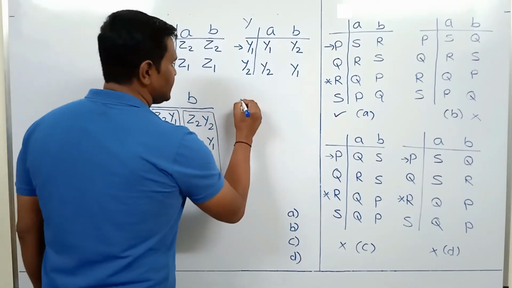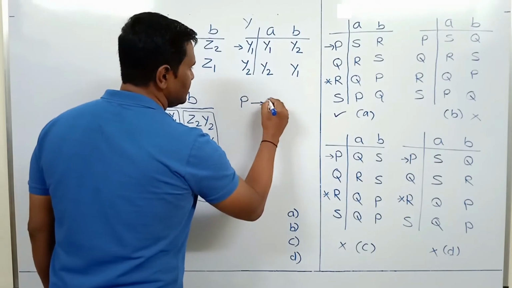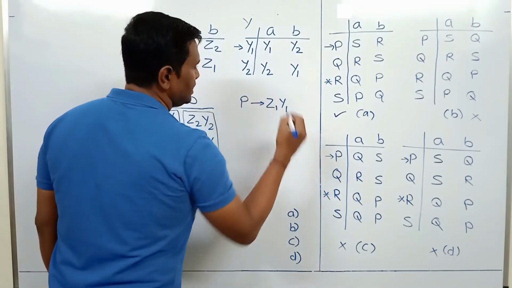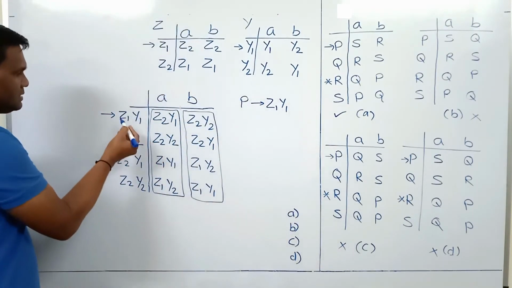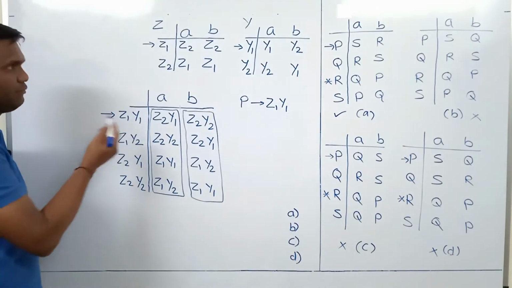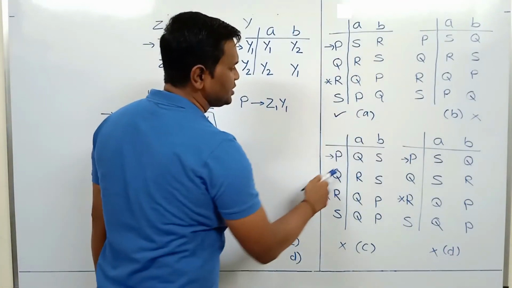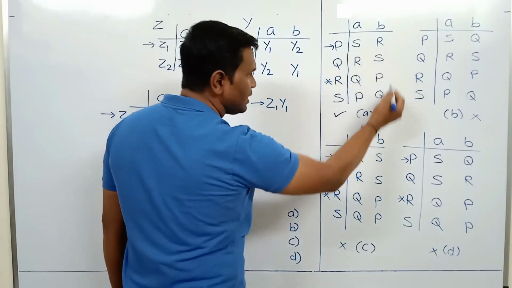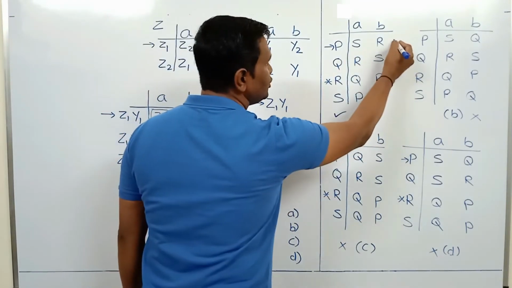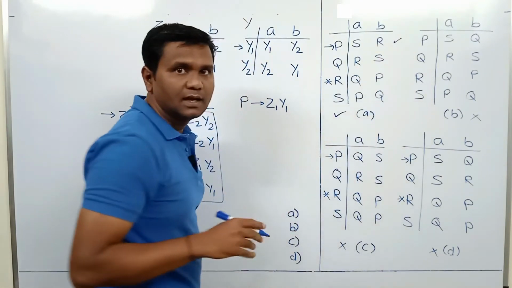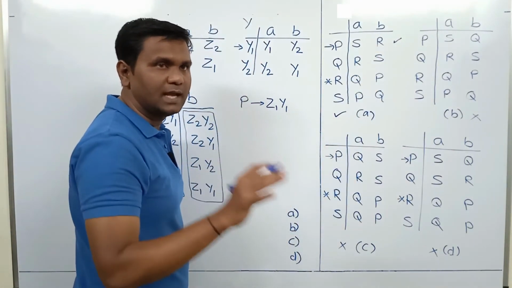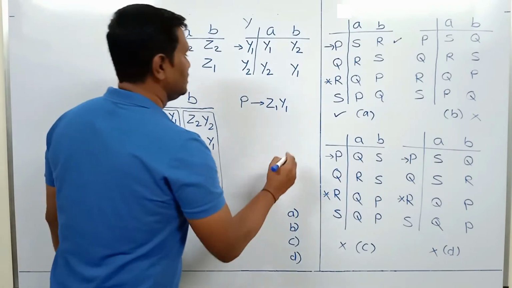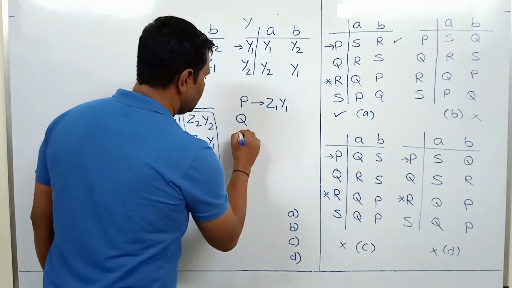Now state P is z1 y1 because z1 y1 is initial state, that we are sure, and in all 4 options state P is initial state. Now in this option, if we assume this is the correct transition, we are only assuming, so we have to figure out remaining